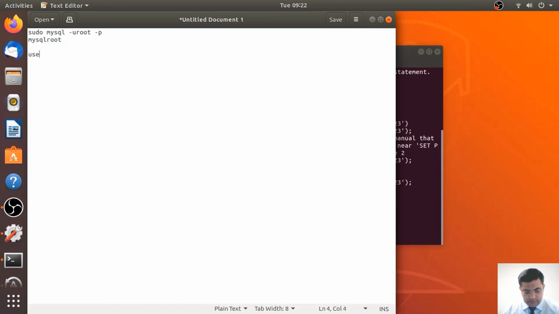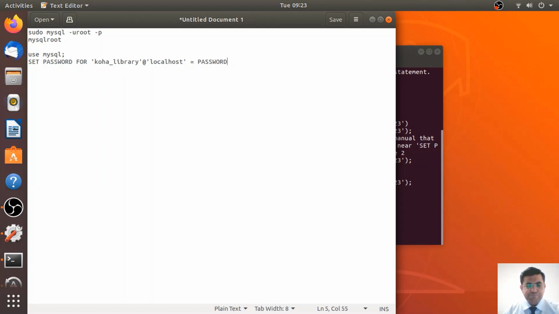Now there we write use mysql; then we set the password for 'Koha_library'@'localhost' = password